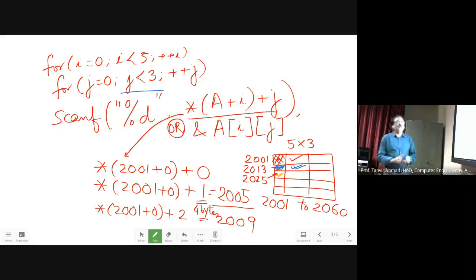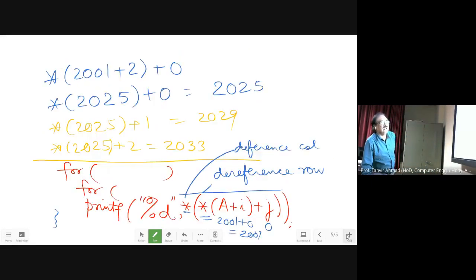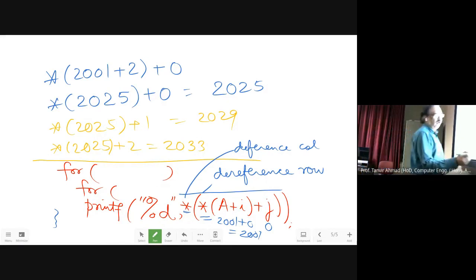Correct. Now, similarly, when I am going to print this thing, I am going to print using a double star. I am using a double star because you want to find a value. If you will not write this, what will happen?